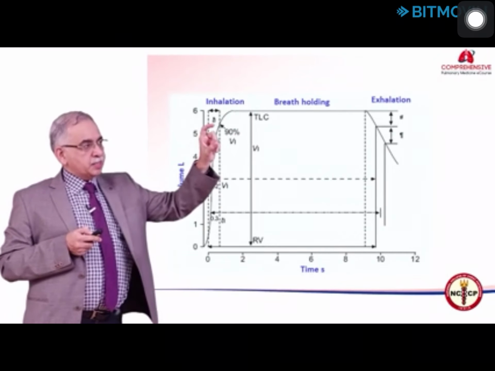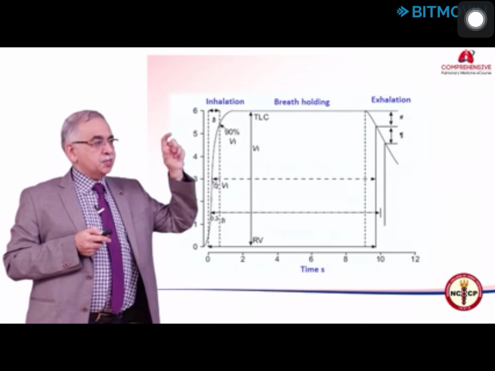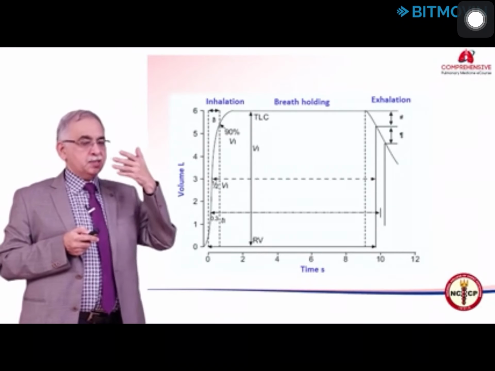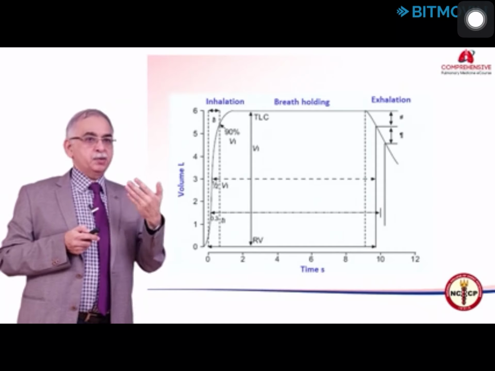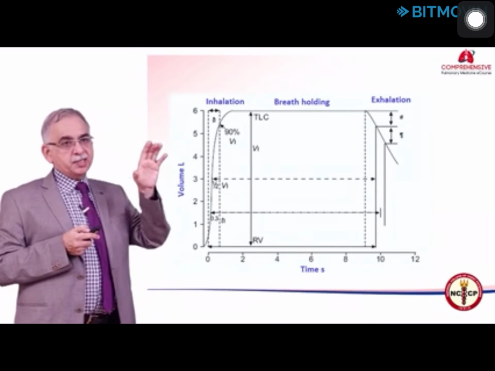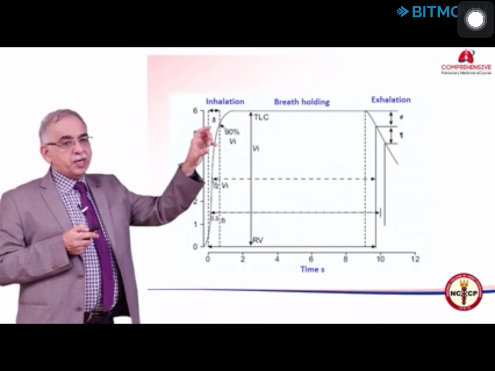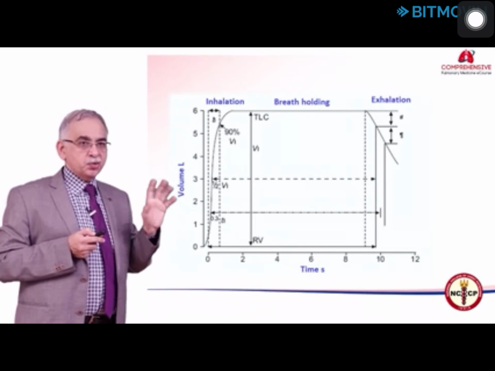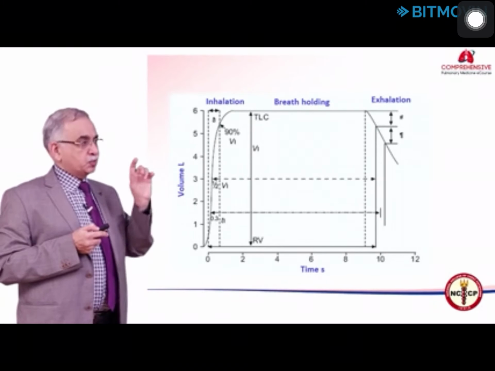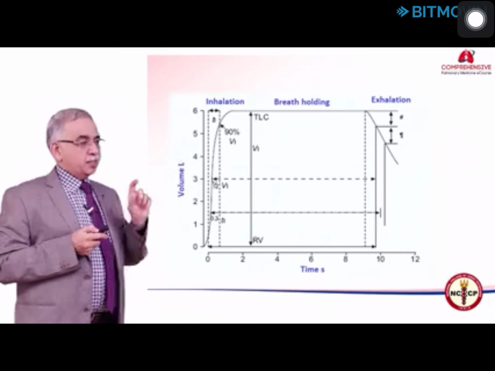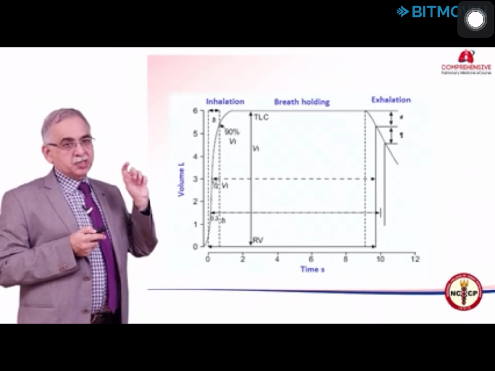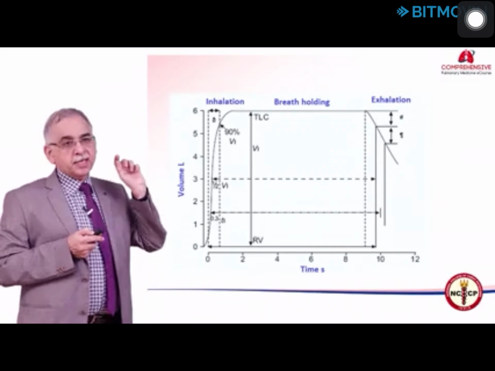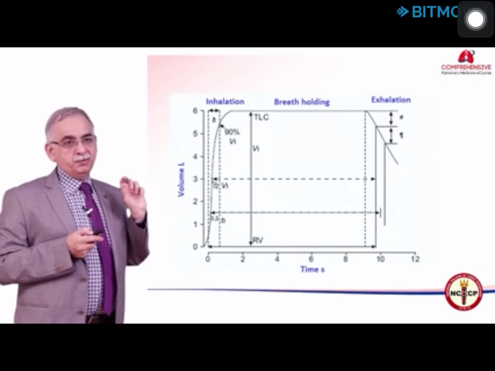Now, in exhalation there are again two parts. The first part is the air which is in the large airways, the last portion of the inhaled breath. So, this is occupying the dead space. So, this first part of the exhaled air is thrown out. This is not used in estimation, because this is not taking part in the gas exchange. The latter part of the expiration, this is the gas which is coming from the alveolus.